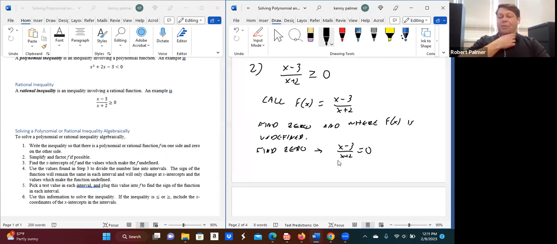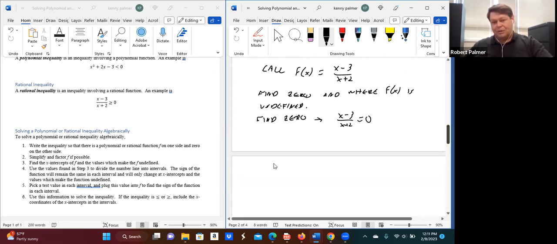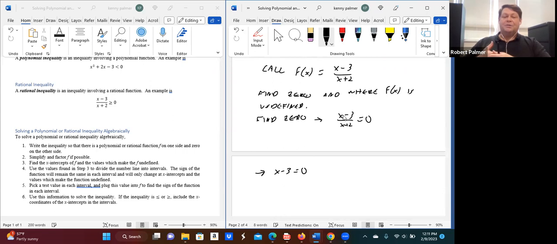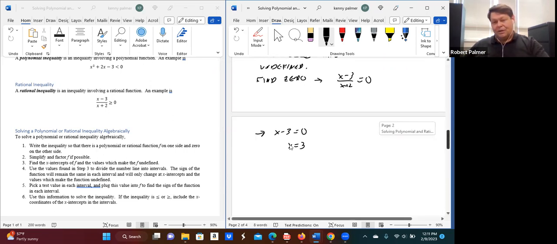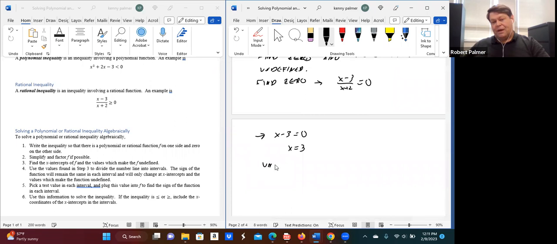If you want to think of multiplying both top and bottom by x plus 2 to get rid of the denominator, this would give us just x minus 3 is equal to 0. So only the numerator in this case tells us where a zero is, and that's x equals 3. That's going to be our zero. That's one place it can change sign. And then where it's undefined,